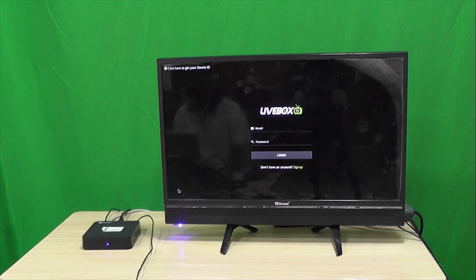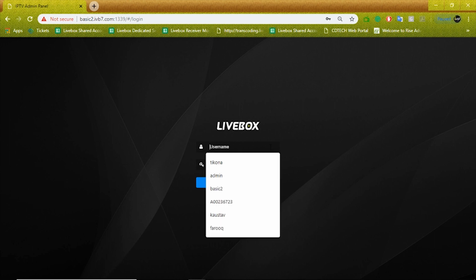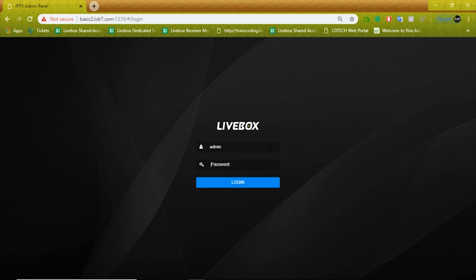Now I'll show you the back end of this controlling. So this is the user end. Now I'll show you how it is working from the background, from the back end. So now I'm going to show you how to control and manage the applications and the users in the back end. For this back end, I just need to log into my server